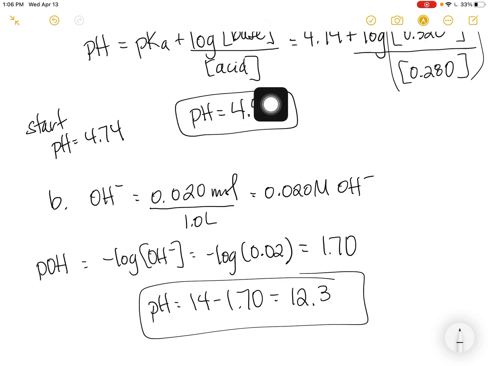So this is what the problem was trying to get you to see, that when we added that same amount of strong base to a buffer, my pH hardly changed at all. But when I added that same amount of strong base to just pure water, my pH was extremely basic. And so that is the difference in adding, in this case, a strong base to a buffer resisting change in pH versus into water, which would completely make your solution